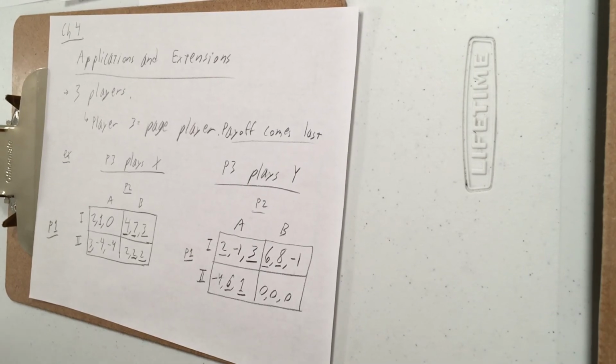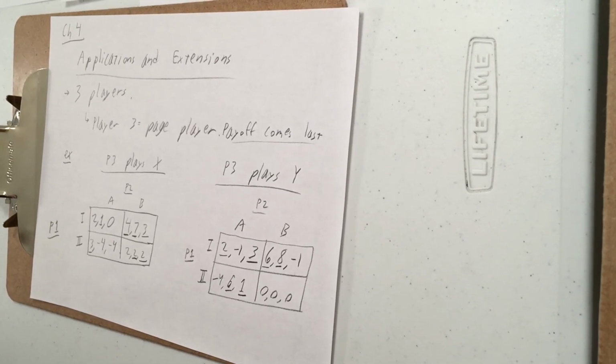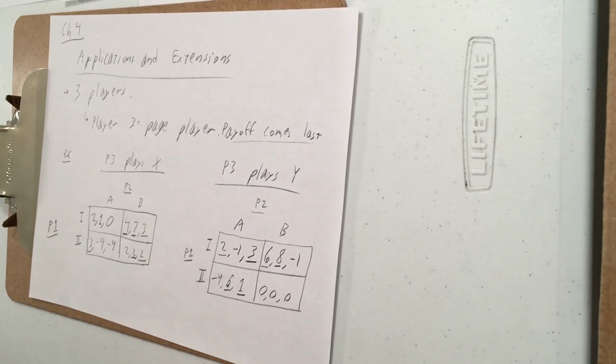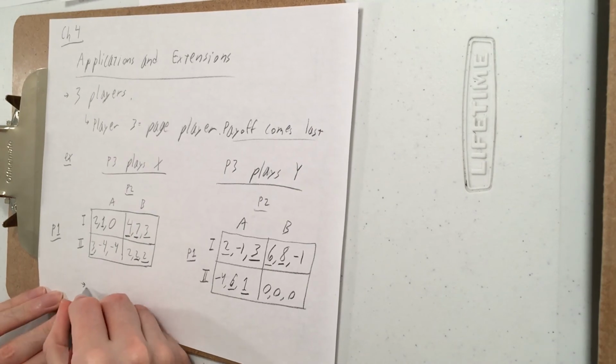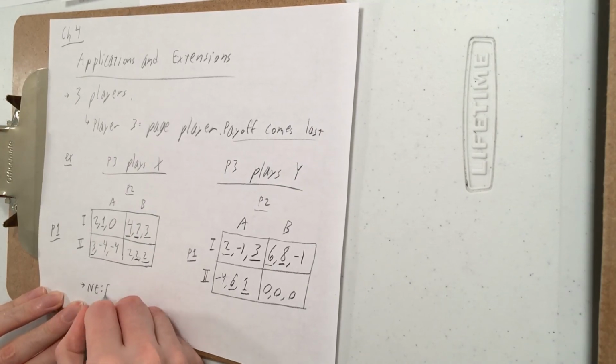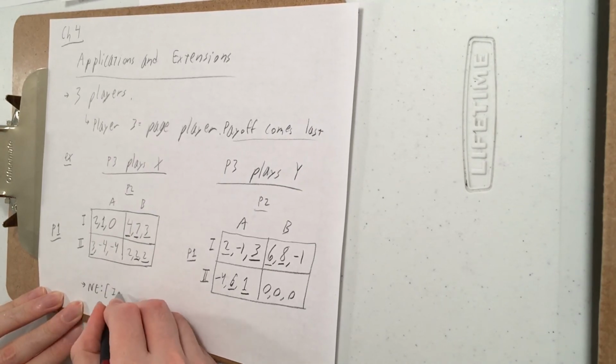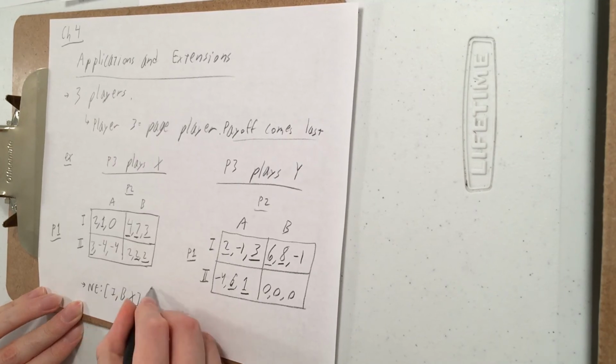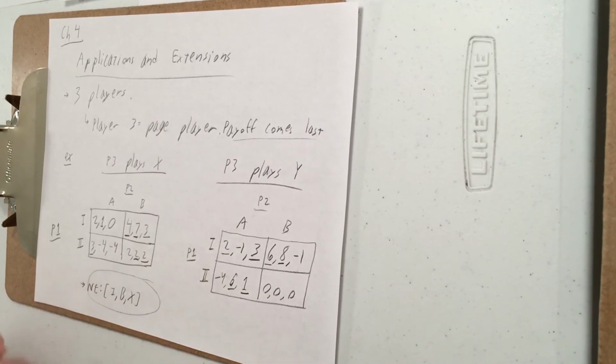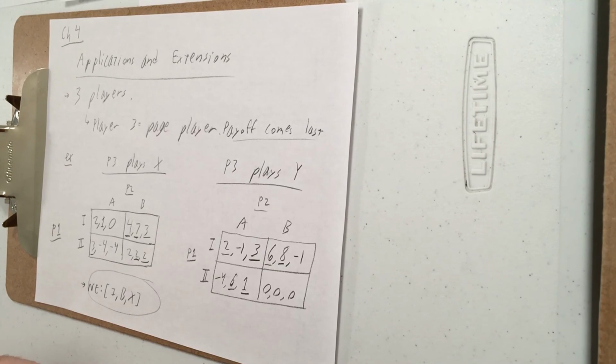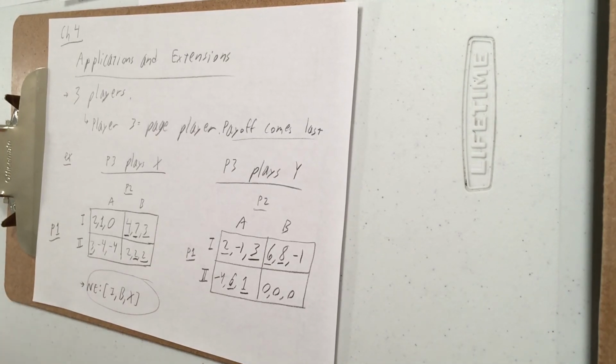Now this last part is the same as before. The cell that has all the underlines is the Nash Equilibrium. That only happens once over here, so the Nash Equilibrium is I, B, X. So that's how you set up and solve